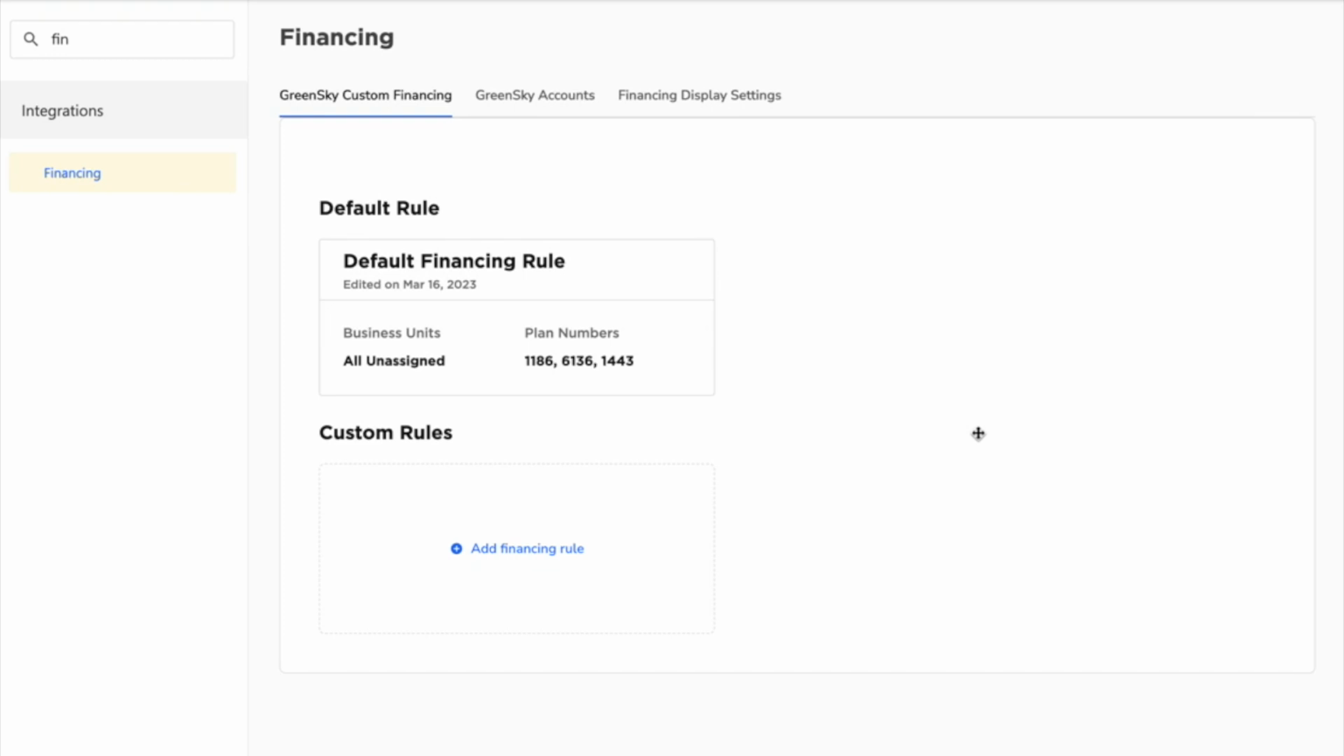Everybody. In this video, I'm going to show you how to set up custom financing rules inside of ServiceTitan for Greensky. So once you're inside of ServiceTitan and you've gotten the Greensky custom financing set up, you're going to